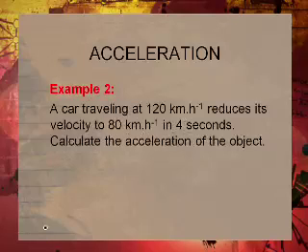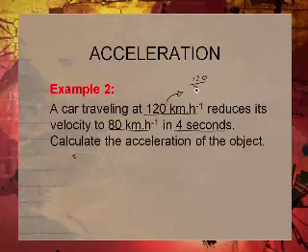So you've got 6 over 3, and that is 2 meters per square second. Now, example 2: a car traveling at 120 kilometers per hour, reducing its velocity to 80 kilometers per hour in 4 seconds. What is the acceleration? Now convert this into meters per second: 120 divided by 3.6. Remember what we did earlier on, in the previous lesson, divided by 3.6. And that is 33.33 meters per second. And this 80 is going to be 80 divided by 3.6, and that should give us